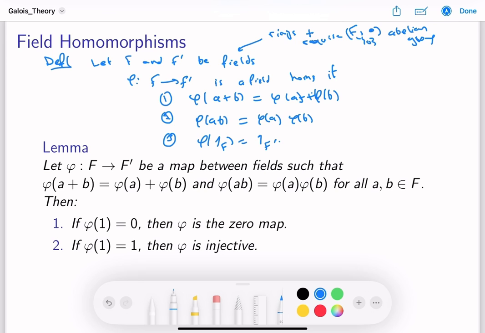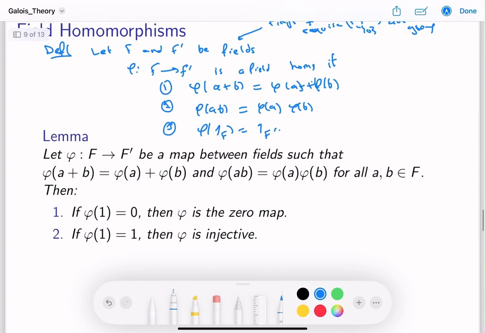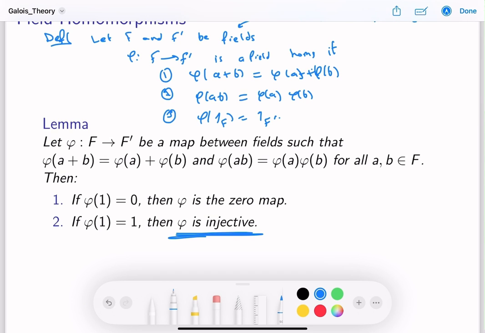Alright, so it's literally a ring homomorphism, but I wanted to keep this definition for you because we're going to need it. So the first lemma we're going to prove: let phi from F to F prime be a